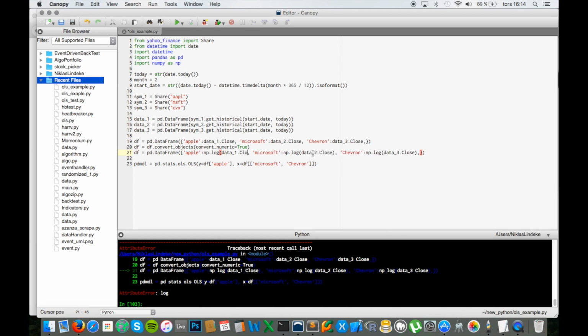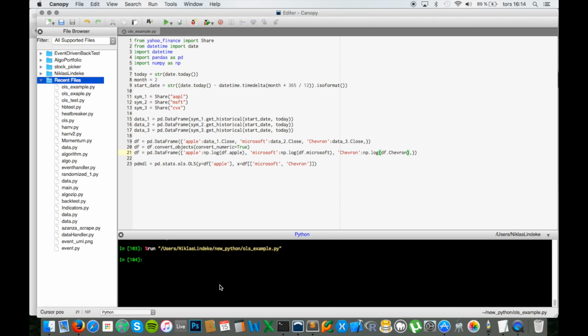So we would actually have to write Apple, or df.apple, because it's the data frame, and then we want to use the apple. And right here we want to use the data frame dot Microsoft, and right here we want to use the data frame dot Chevron with the capital C, Chevron, like that. PDMDL,